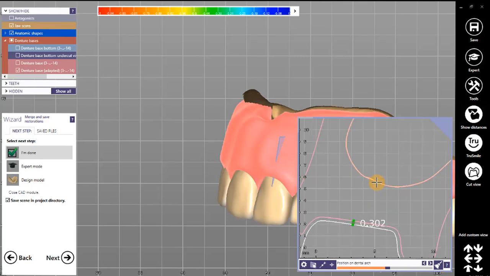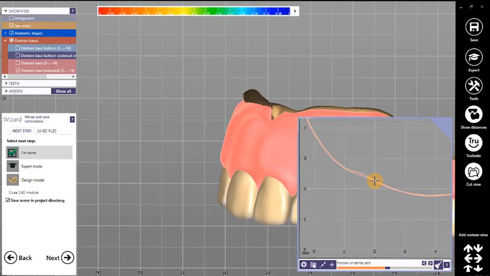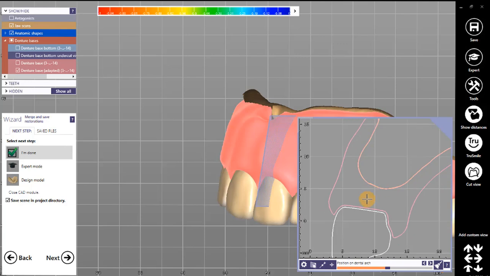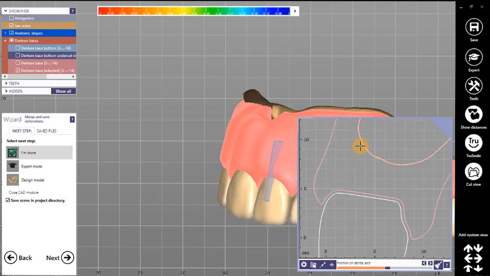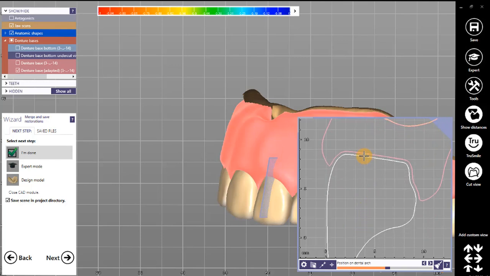You can also see that our offset between our jaw scan and our denture base, our jaw scan is this beige line, the pink line is the denture base, and that gap is 0.03 millimeters. So just as that is our offset when we are making the bottom surface of 0.03 millimeters and our pocket gap of 0.3 millimeters. So zoomed out, it looks like they're just touching, but you can see when zoomed in, that there is a very, very slight gap between the edentulous surface and the denture base. And then you can see our 3 millimeter